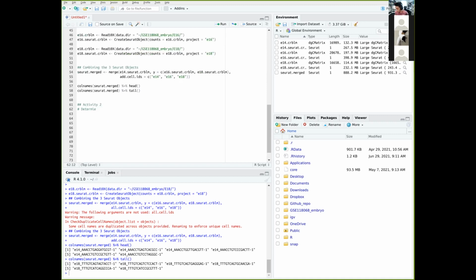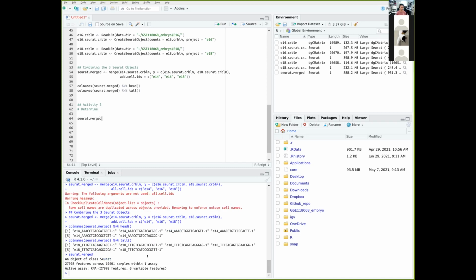So I see that people have input the right answer for the first question, which is good. One way of determining the number of cells is just to type out the name of the variable. So I'm going to type Seurat.merge into our script and run it in the console. And from the summary of the description, you can see that the number of samples here is 19,401, which is good. And the other question, I guess this is maybe a little bit complex. I guess you're not very familiar with the data frame syntax, but the person who managed to get this correct, it is correct. The second part is to determine